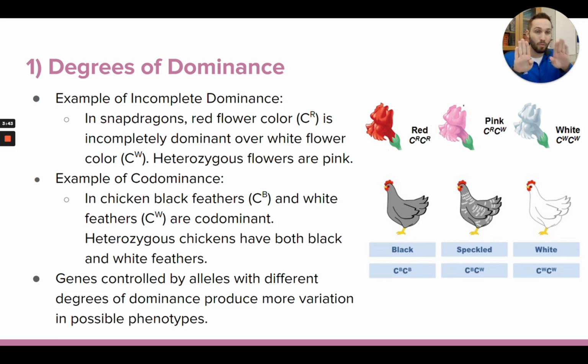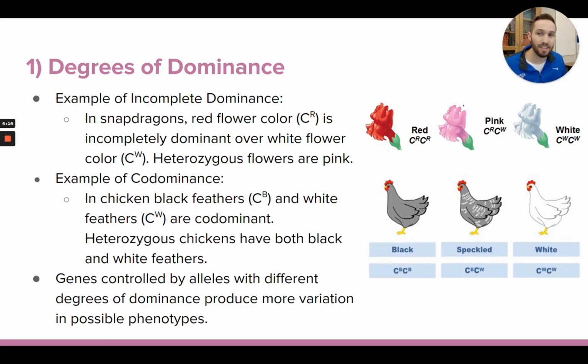If you had a red and a white allele for flower color, and they're codominant, you will end up with red and you will end up with white in your flowers. And how that's actually going to be displayed, I don't know, maybe you're red with white stripes or white with red polka dots, but you're going to have red and you're going to have white in your phenotype. They're both going to win. Neither of them's going to lose. They're not going to compromise. So you won't be pink if they're codominant. You would be white and red somehow. And maybe there's another gene that determines how that's going to play out.